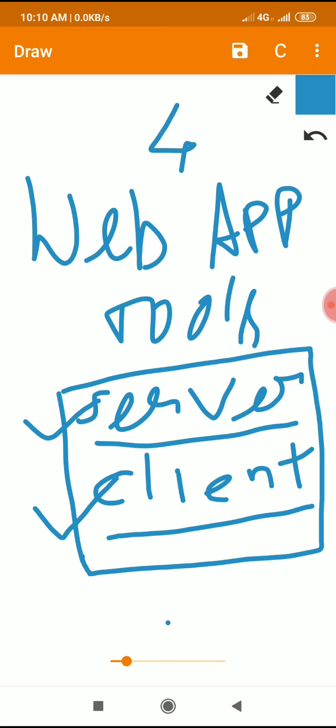So many tools are there. One by one we will see them in this particular module. That's all. This is the introduction about web app tools. We'll see all the tools, and I'll just show the material. First material.